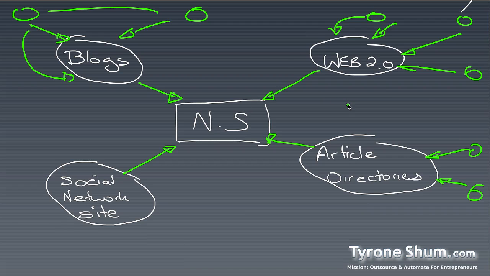what will happen is that it will cause you to get a flag from Google, because it's not natural for your site to be ranked on Google with hundreds of links within, say, a week or two. What you want to do is to have, over a period of time, to generate as many links as you can, but spread them out over a period of time.